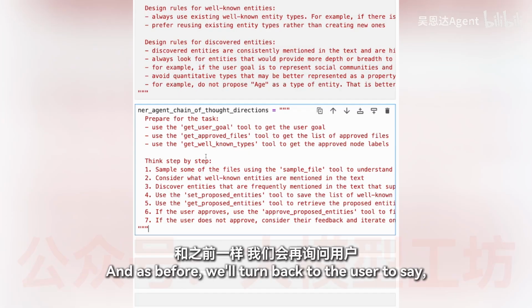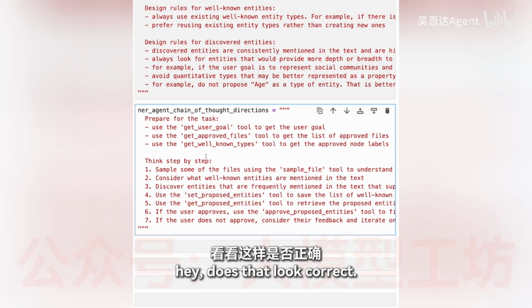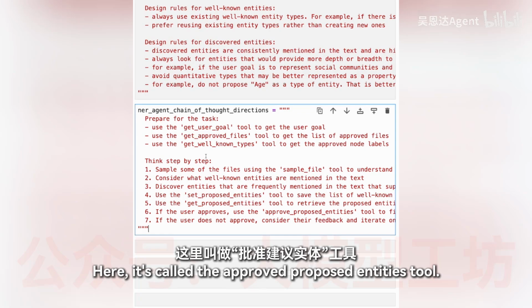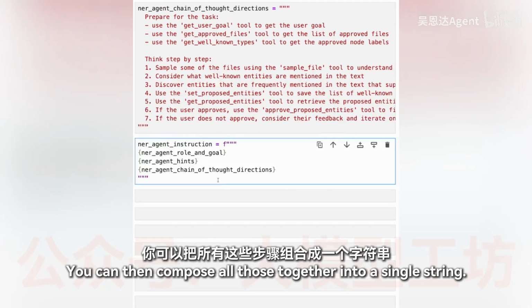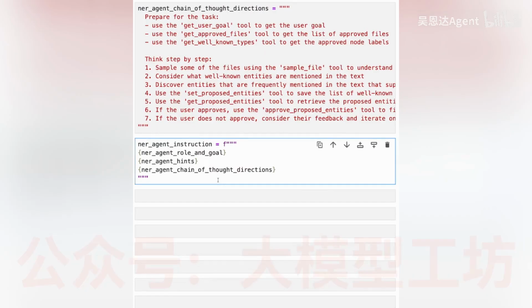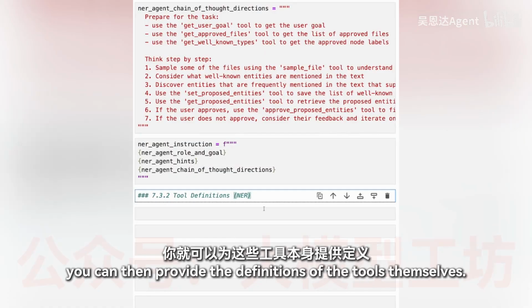And as before, we'll turn back to the user to say, hey, does that look correct? And then there'll be a separate tool that is called for actually making the approval. Here it's called the approved proposed entities tool. You can then compose all those together into a single string, and this will become our agent instructions for the named entity recognition agent. With the instructions defined, you can then provide the definitions of the tools themselves, and these